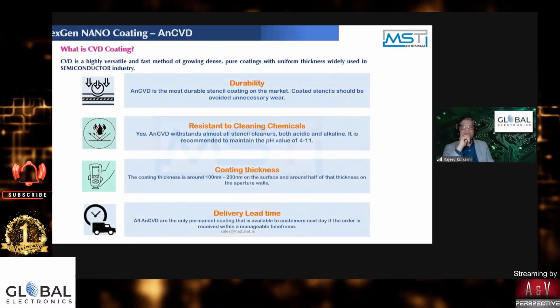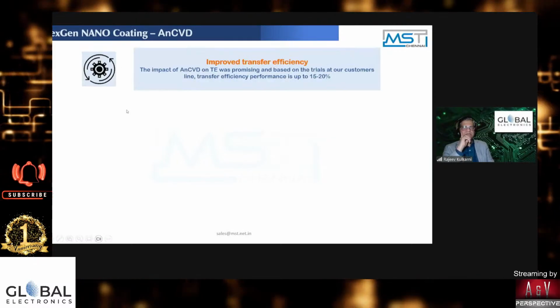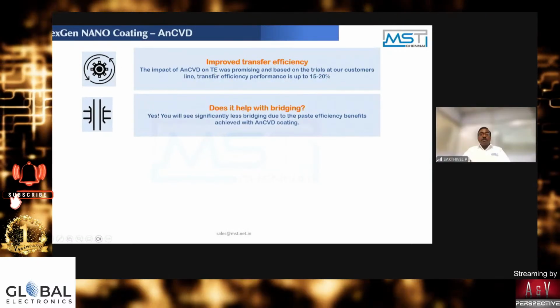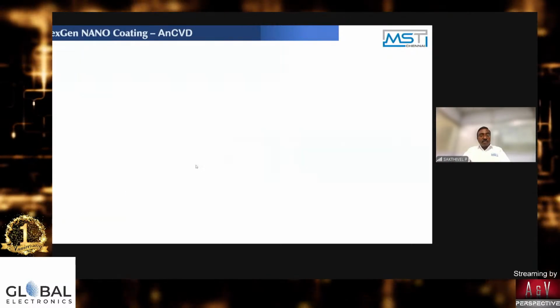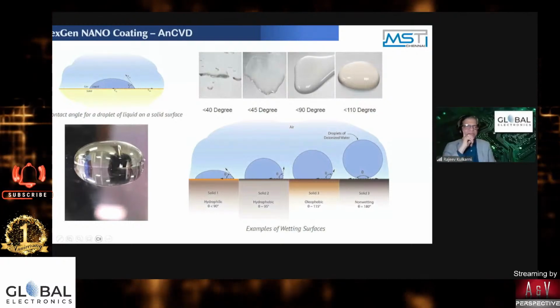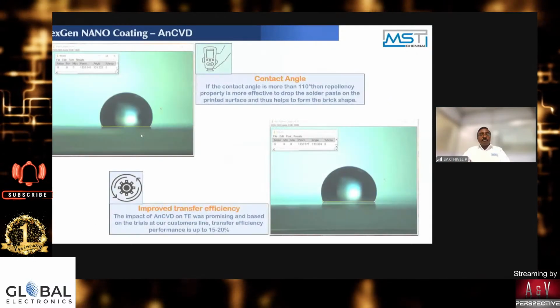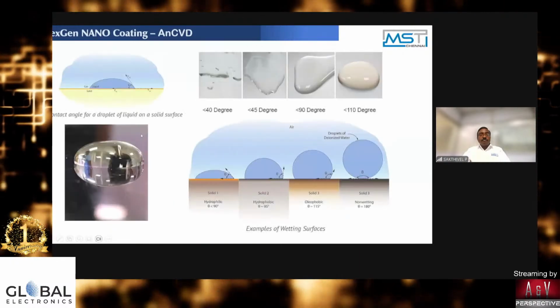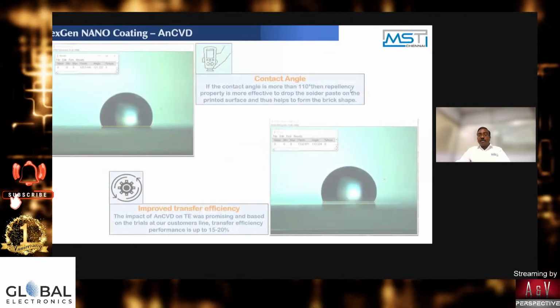Wow, nice. So it helps improve the transfer efficiency and this avoids bridging. This is color coding information. You see the contact angle. When we have a 110 degree contact angle,